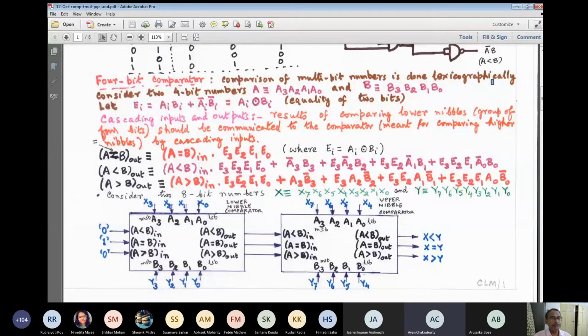Sir, in the internal gate diagram also, can we use external gates, or do we just need to use these blocks? Exactly. That means, having written the Boolean expression thoroughly, you will require these 4 and these 3. This digital comparator block diagram will remain the same. Only the output equations will vary a bit,